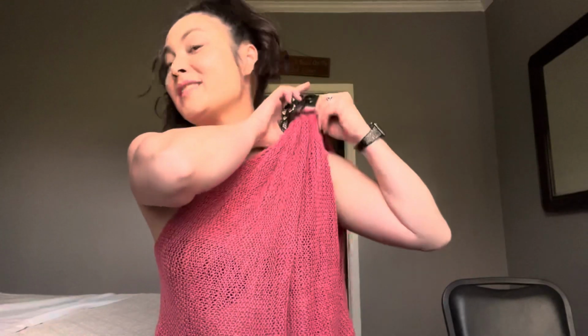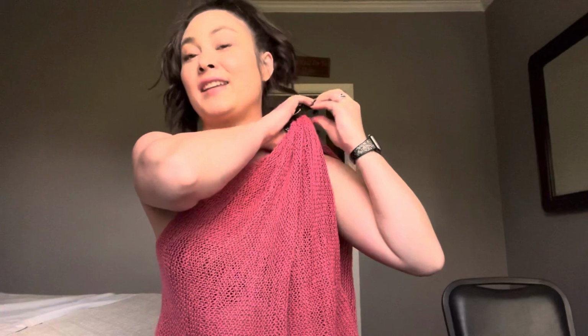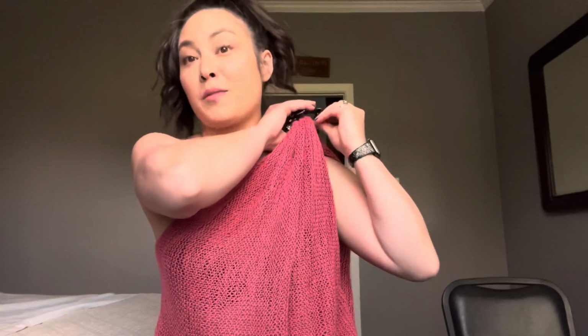And I used a little hair clip, but you can use any kind of way to adorn it. Ribbon, whatever, like you can just tack it and keep it permanently on there. I write all those options in the pattern too. But I like that this brings an extra glam. So say if I was at the pool or all day hanging out at a festival or something, or a market,